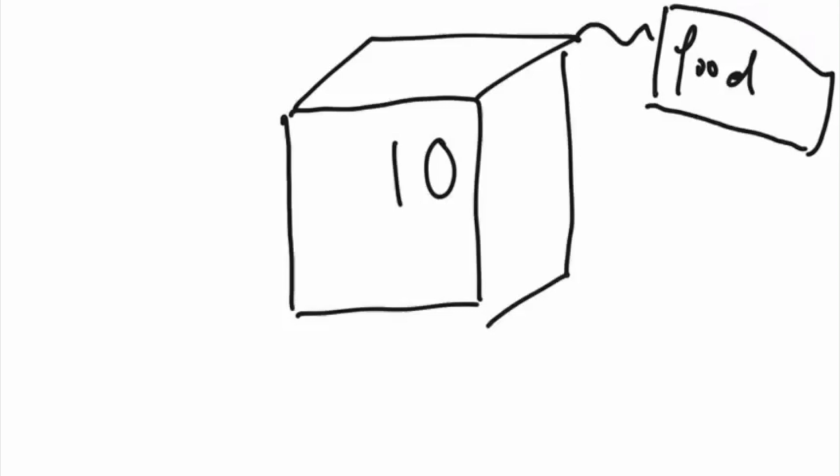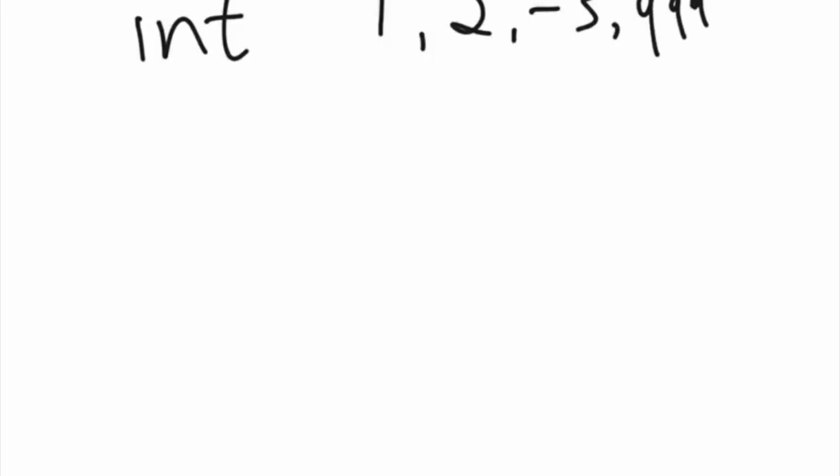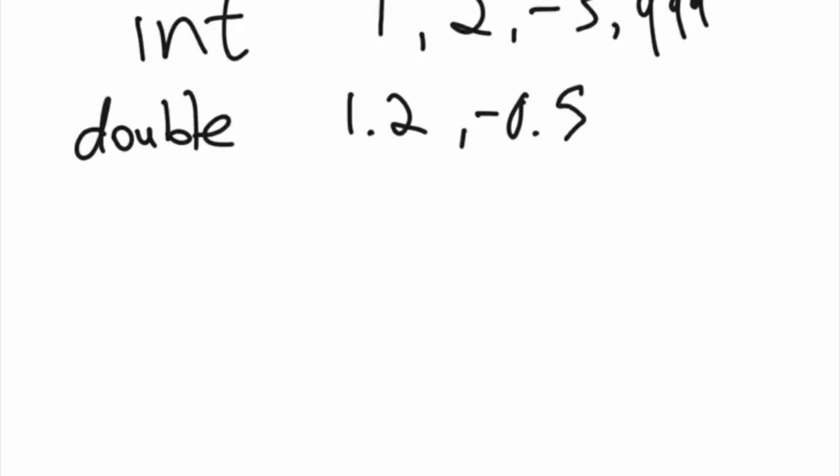But the difference between a variable and math is that a variable in programming has many different types. The first type is integer, short for int. It stores values like 1, 2, -3, and 999. That's pretty simple. We get that. It's kind of just like math. And as we move on, we have a variable like double, which is also a really common one. It stores a decimal, like 1.2, negative 0.5,